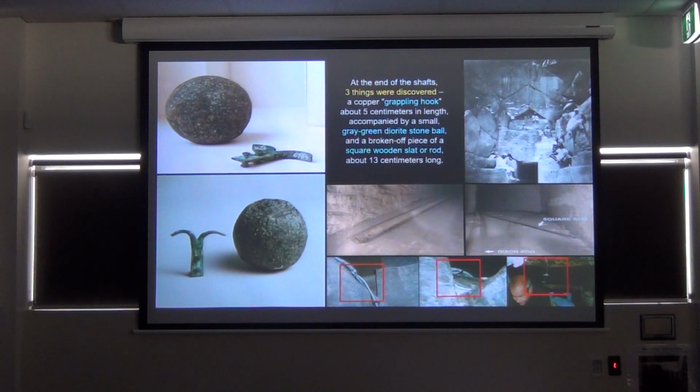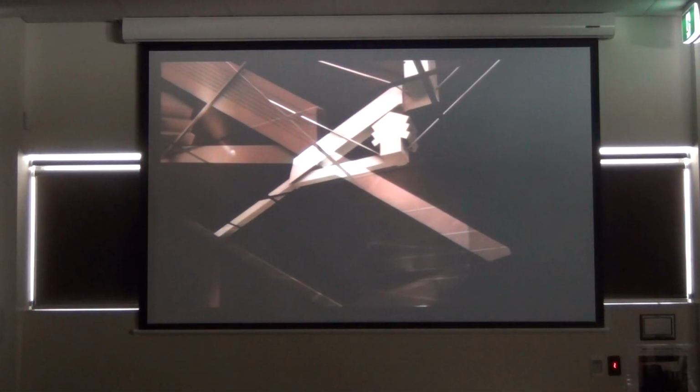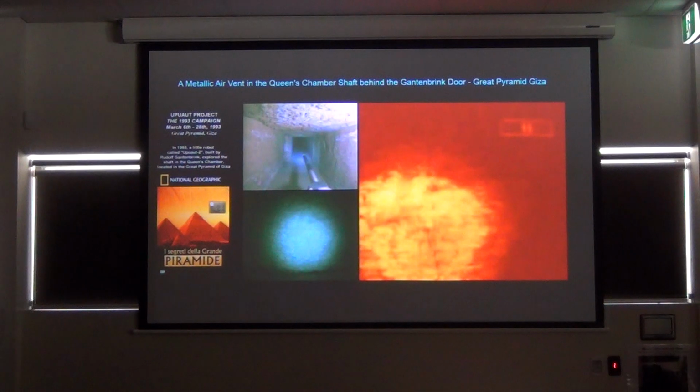On many occasions, visitors, tourists in Egypt and in other places, report hearing sounds of drilling and cables being taken, because they obviously found chambers that are not publicly announced, so they're just coming up. Wherever there is a huge discovery, there is always a military presence, and they don't allow anyone nearby. So these are the passages, and interestingly, one guy actually bought a DVD from the 1993 campaign,